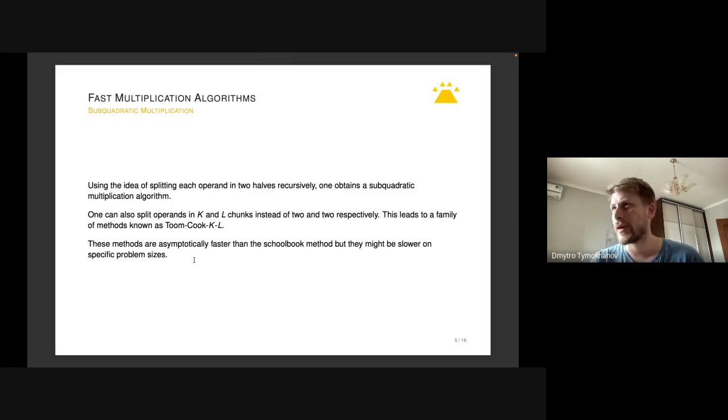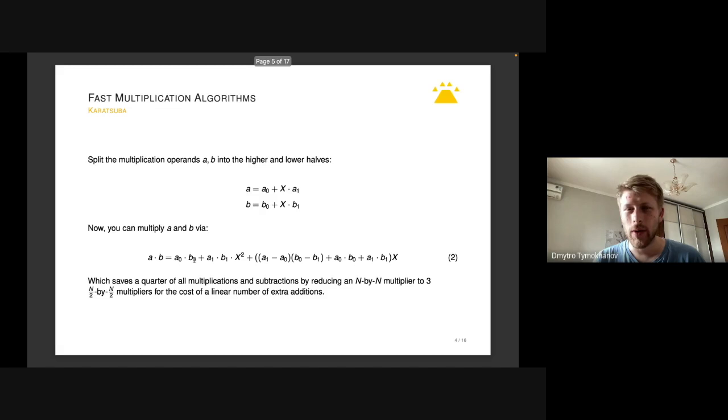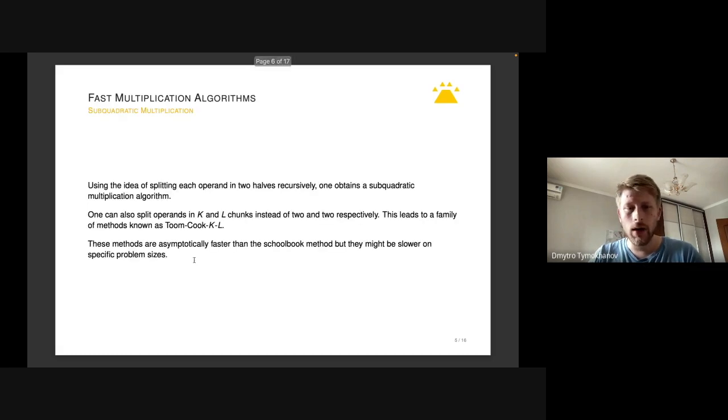in most cases, as a rule of thumb, it's better to generalize this scheme in another way. It's better to split the numbers A and B not in 2 parts, but in 3, 4, or more parts, instead of doing this recursion. This will generally yield lower operation counts, and this is known as Toom-Cook multiplication. I will not really detail what it does exactly, but